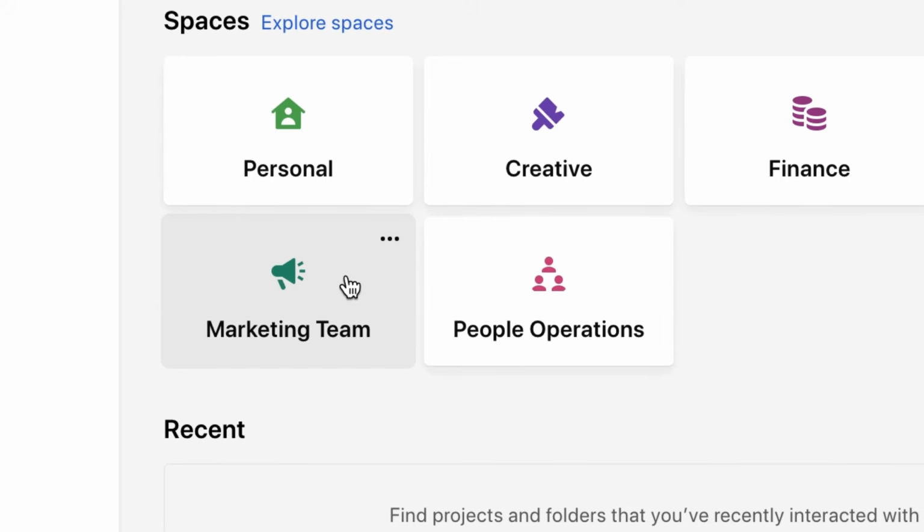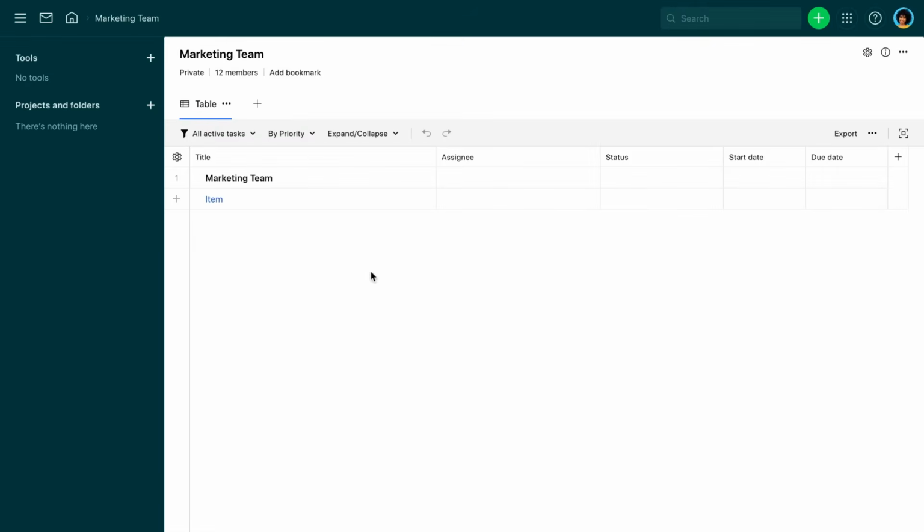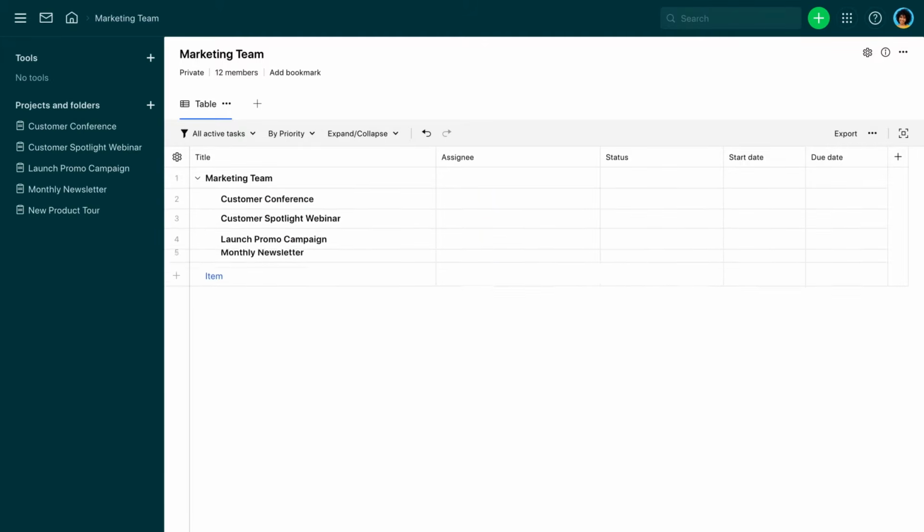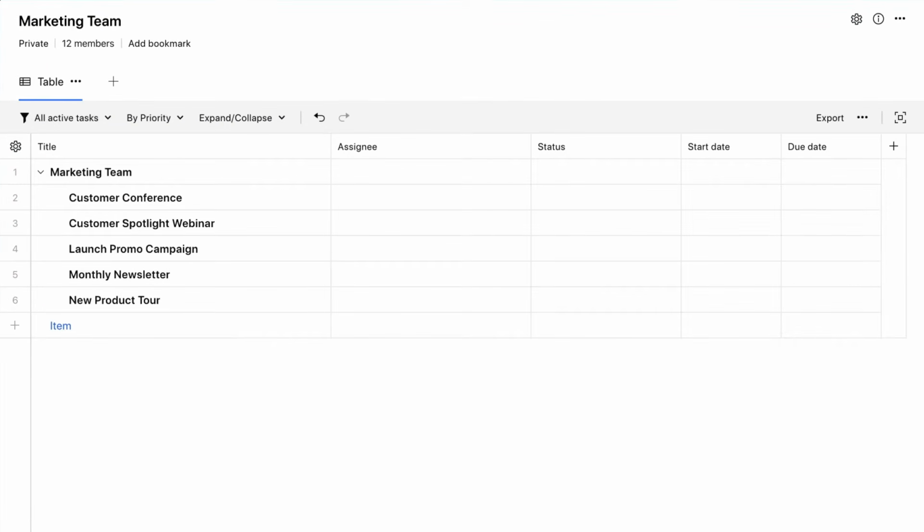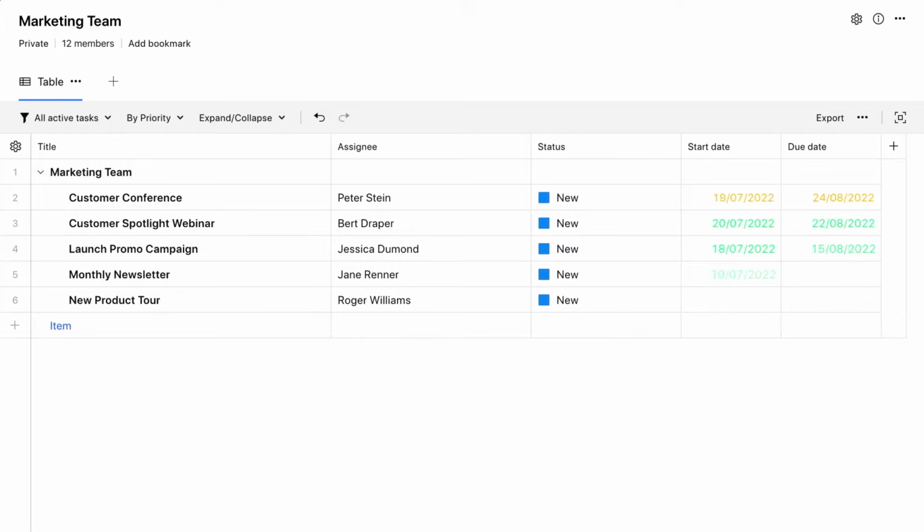Here's how to begin managing your work in Wrike using projects. Whether your team is working on launch campaigns, feature releases, or events, they're all projects. Projects are multi-step initiatives that have a clear goal, a responsible person, and a deadline. Creating a project in Wrike is a great way to organize, manage, and report on your team's work.